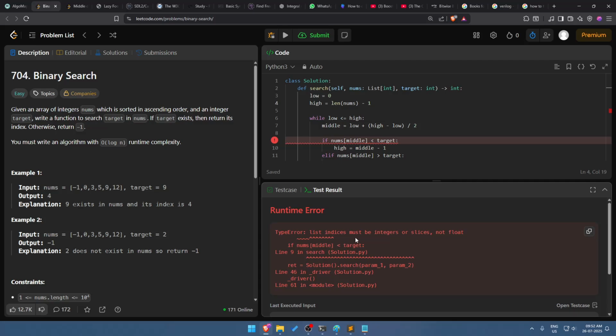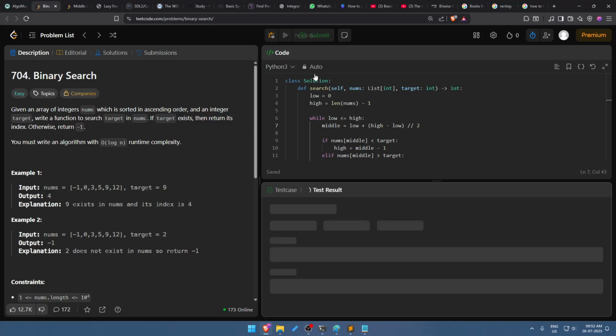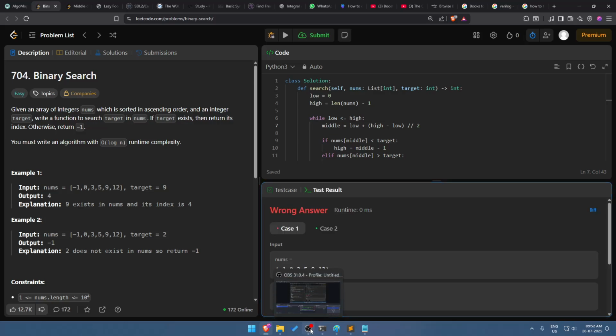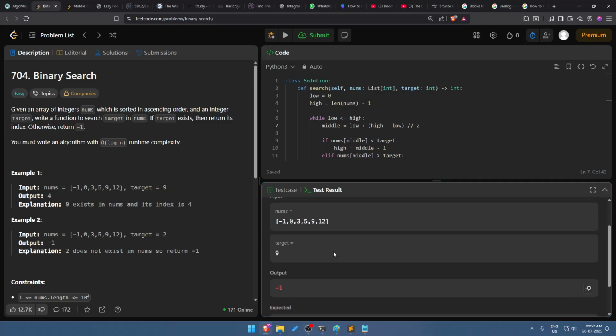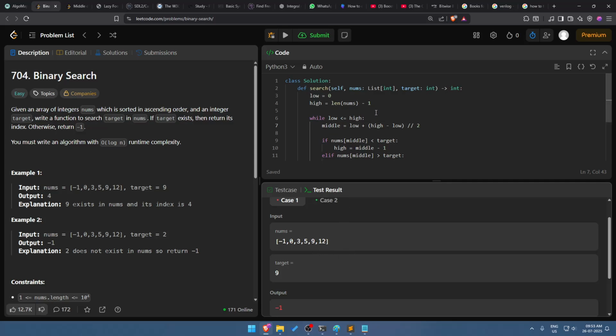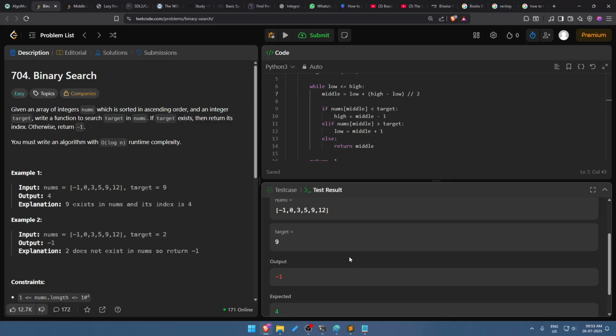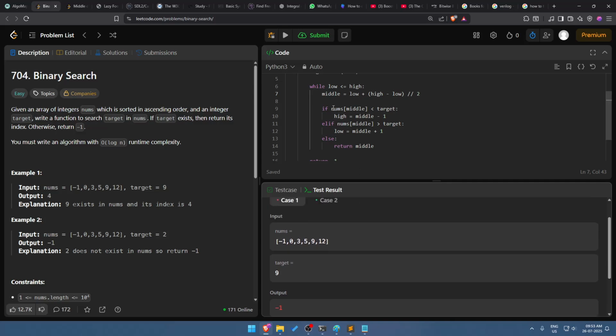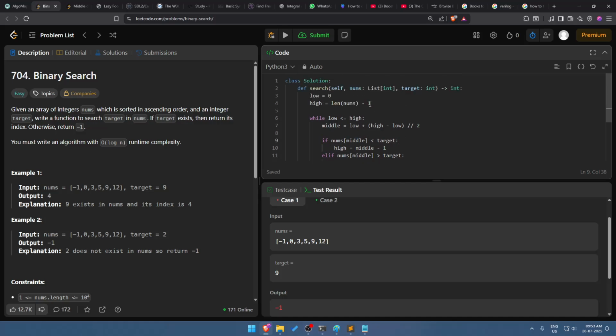Okay. Error: list indices must be integers or slices. Okay. So this is integer division. Okay. Target 9 should be 4, so it returned -1. Okay, so if the target is less than the nums middle,